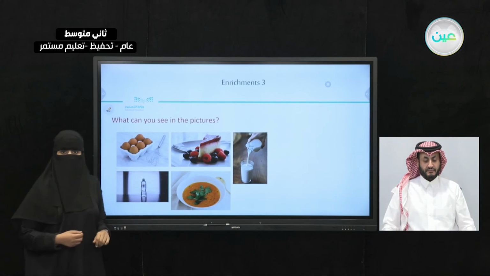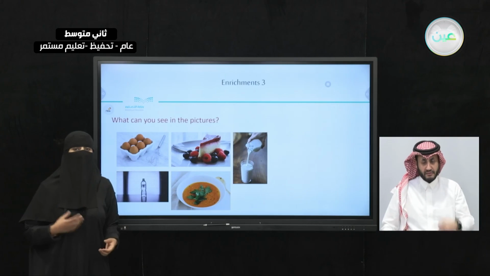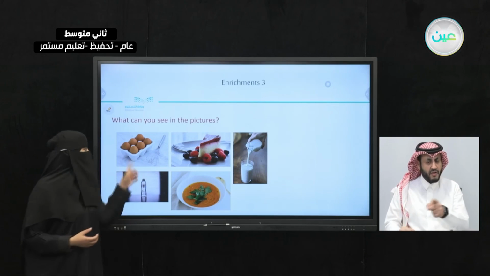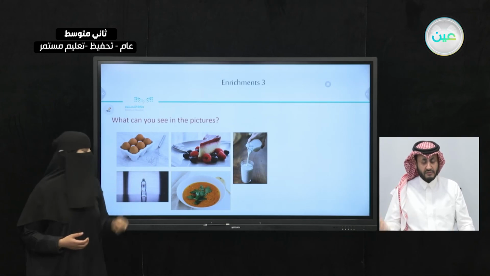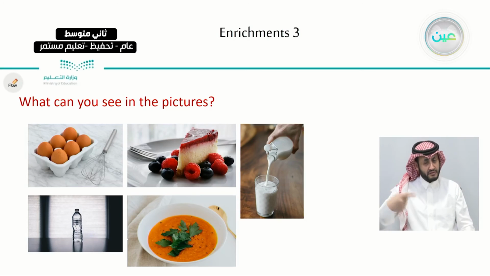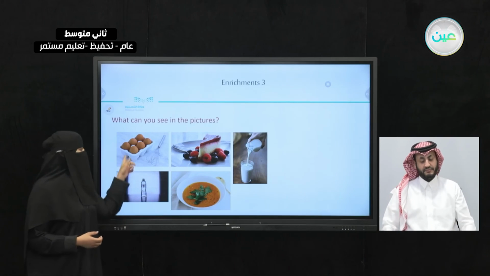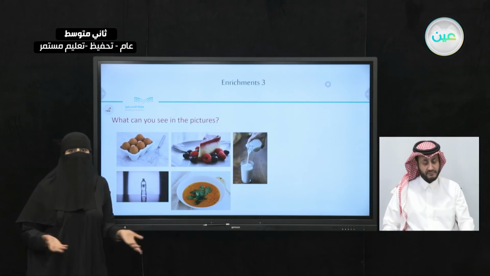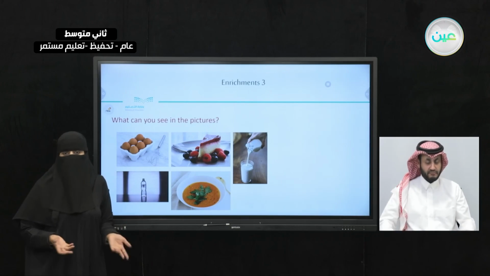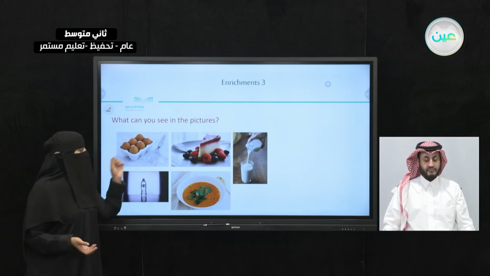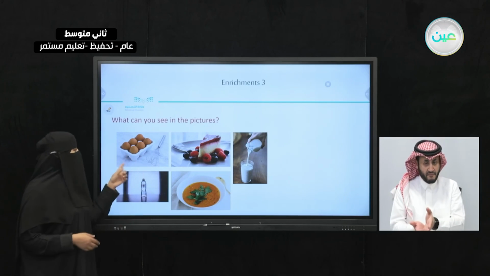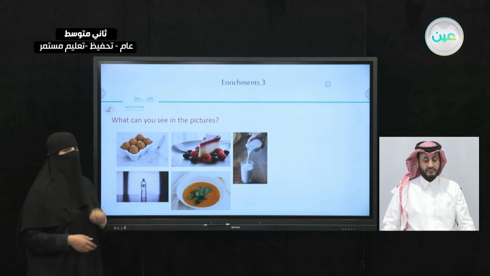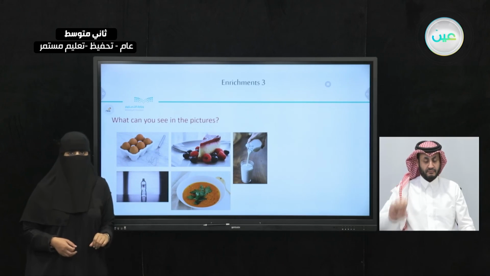I can see eggs, right? Now, the word eggs, is it a count noun or a non-count noun? Can you count the eggs on this plate? I can count them. 1, 2, 3, 4, 5, 6. I can see 6 eggs on the plate. So it is a count noun. So if you're asking a question about the eggs, are there any eggs on the plate? If I don't know, it's a question, right? But if it's an affirmative sentence, I can say there are some eggs on the plate.